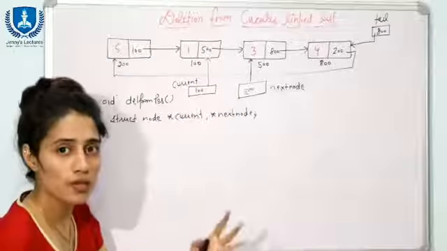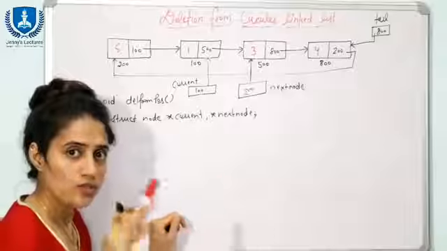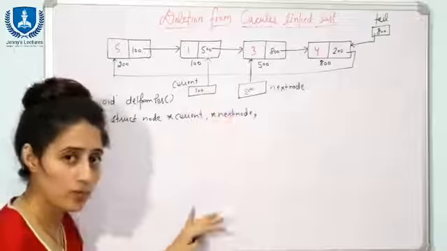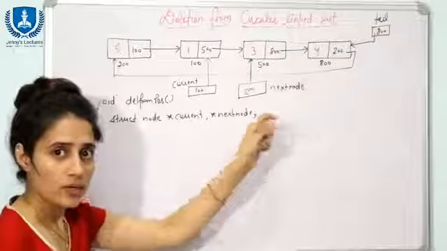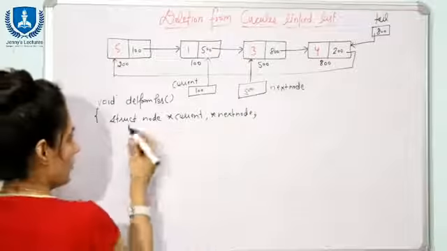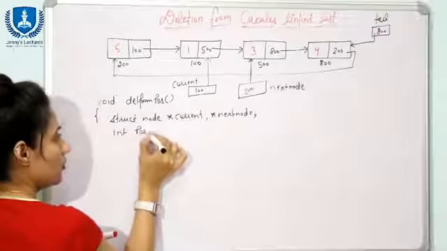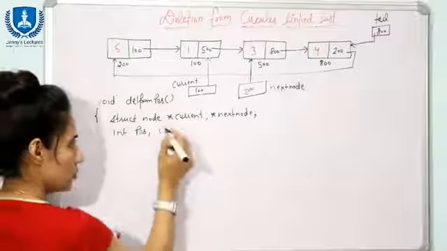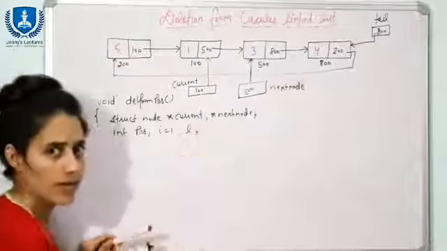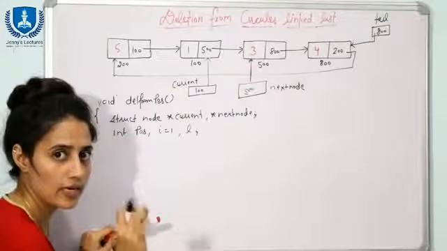How many nodes are there in the list? There are 4, right? So we need to call a function, that is getLength, and there we need to write some code in this program to calculate the length, right? And we will call that function here. Fine. So now here obviously we need to take the position value from the user, so we need to take one variable. We need to traverse the list. So suppose I am taking i is equal to 1, and one variable I am taking, that is l. Here in l I will store the length of the list, that is 4, by calling the function getLength, right?